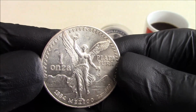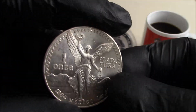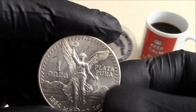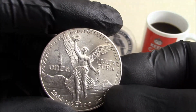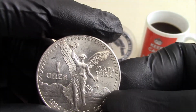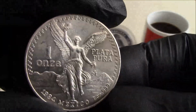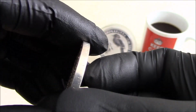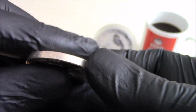The 1984 Libertad, and I definitely see this as the epitome of a bullion coin. Just its strike. It's not intended to look like a circulating coin. It is intended to look like a bullion device, and obviously with that you get all the bag marks, etc. But it's just an absolutely beautiful coin, and obviously those of you who know, you've got the edge inscription Independencia,